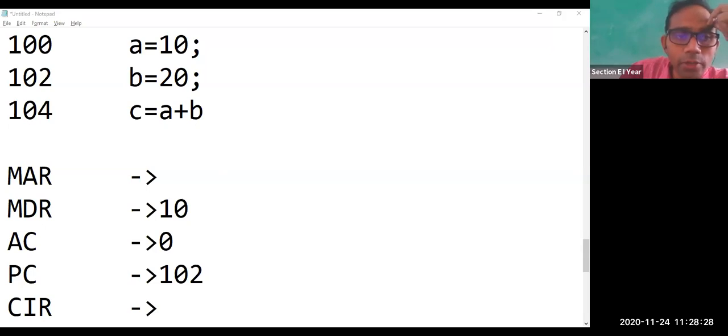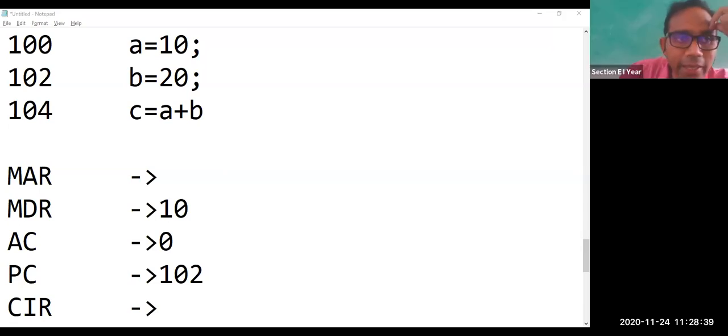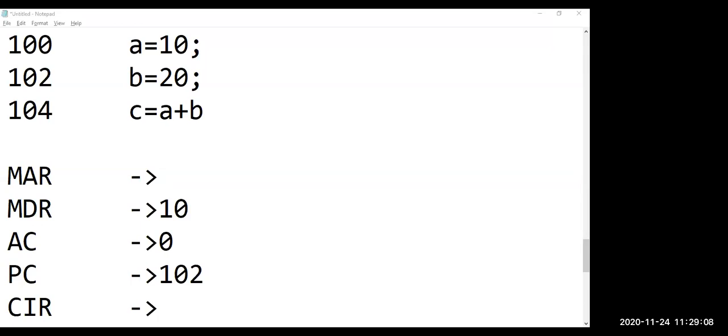So when you execute from right to left, first the accumulator will be having B. What is the B value? 20 will be there in the accumulator. Then add this B value with A. What is the A value? 10. 20 plus 10, the accumulator will have now 30. Okay, two steps are there in this instruction. First take the B value, store it in the accumulator, add it with the A value, store it in the accumulator, then copy that into C. First, initially the value will be 20, then add 10 to it, store 30 again in the accumulator, then store C with 30. Okay, understood? Nothing to worry.